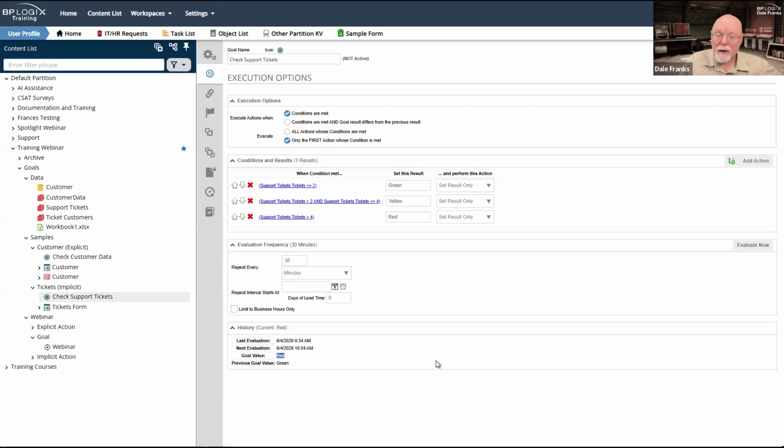And one of the reasons why the goal only evaluates when you invoke it manually by clicking Evaluate Now, or whenever its scheduled evaluation occurs, is so that I can do these things that are expensive in terms of system resources on a scheduled basis.